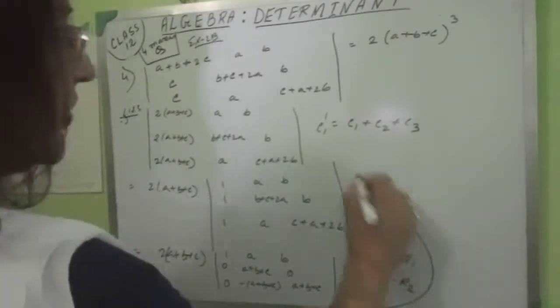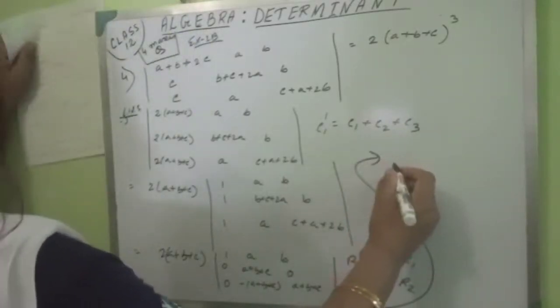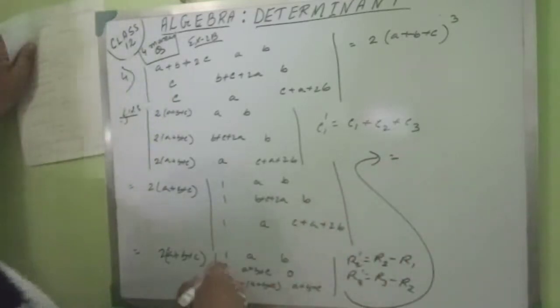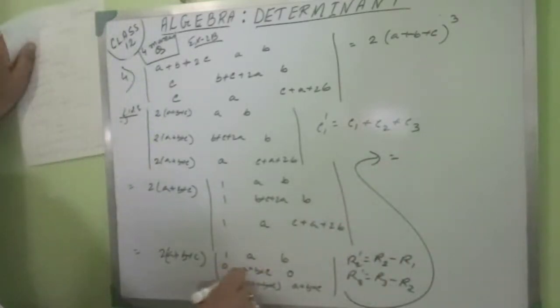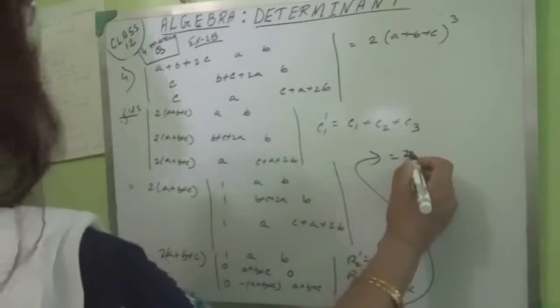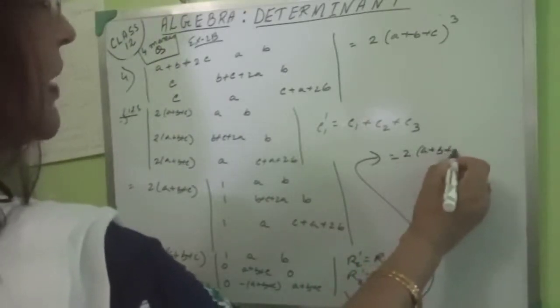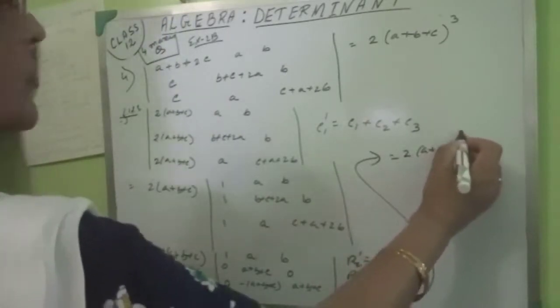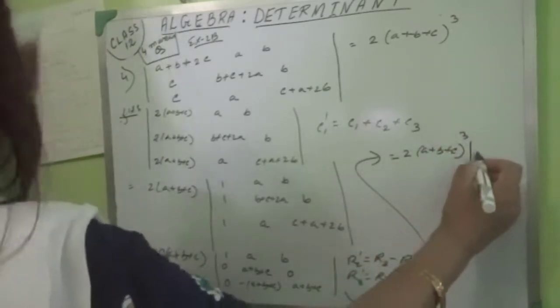Now from here we can write. From the second row we can take outside A plus B plus C. From the third row again we can take outside A plus B plus C. So what we will get? 2 into A plus B plus C whole cube,